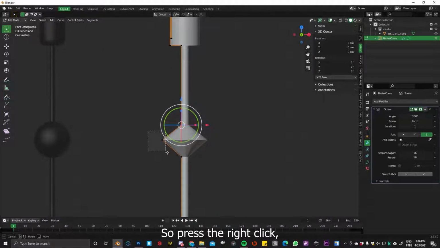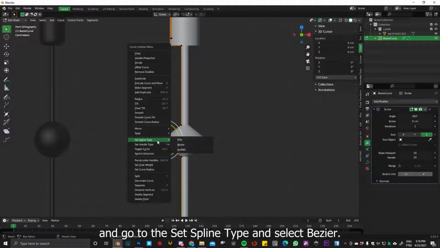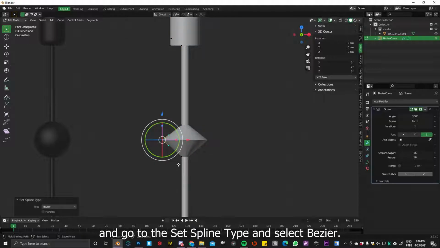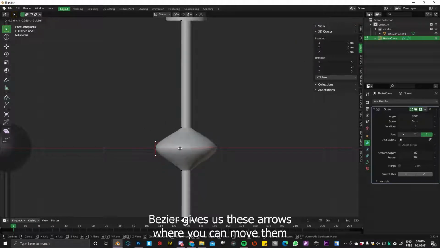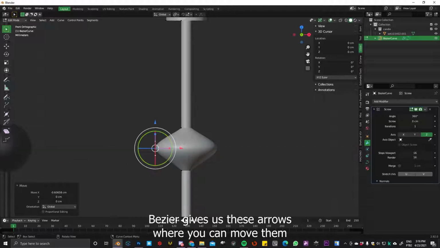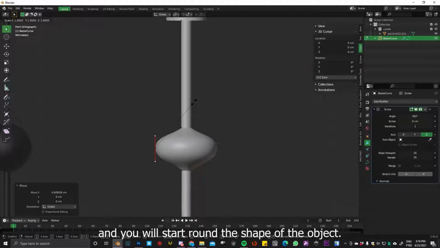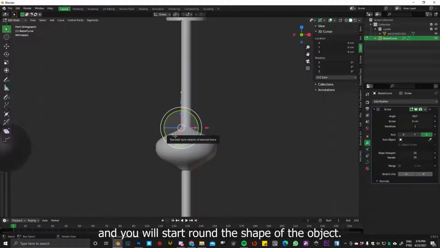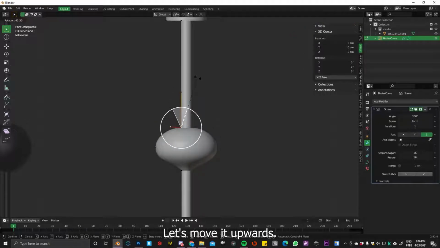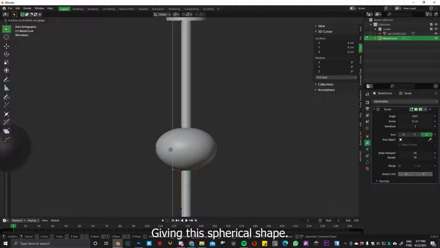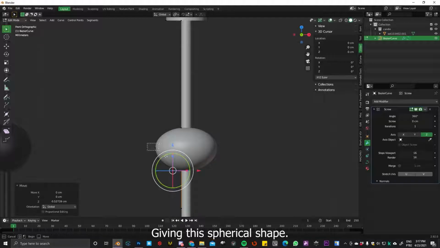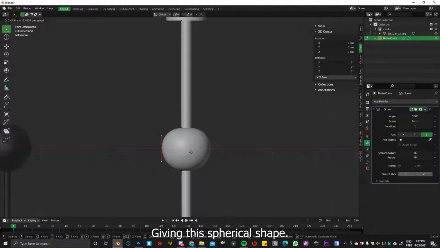Press right click, go to Set Spline Type, and select Bezier. Bezier gives us these arrows that you can move, and you start rounding the shape of the object. Let's move this one upward and this one downward, just to give it a cylinder, no, it's not a cylinder, a spherical shape.